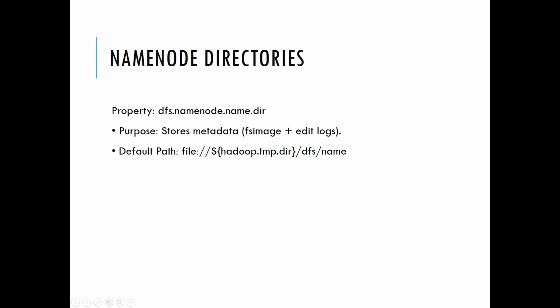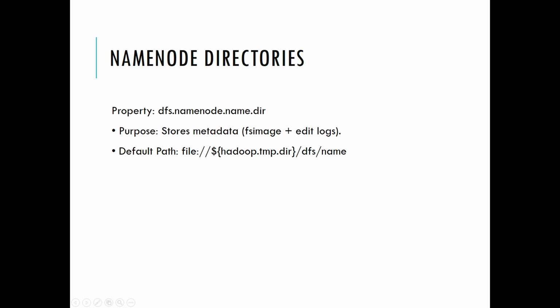The NameNode plays a crucial role by storing the file system's metadata. This includes the directory structure, file names, and block-to-file mappings. This metadata is saved in directories defined by the property dfs.namenode.name.dir. By default, this path is located at $HADOOP_TMP_DIR/dfs/name. In a production setting, however, this path is usually set to multiple directories to ensure high availability and durability of